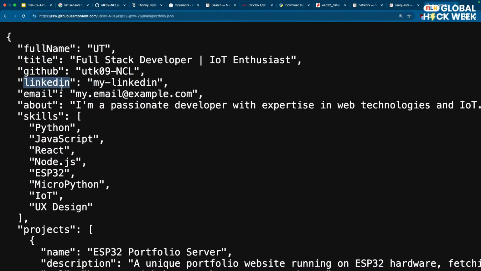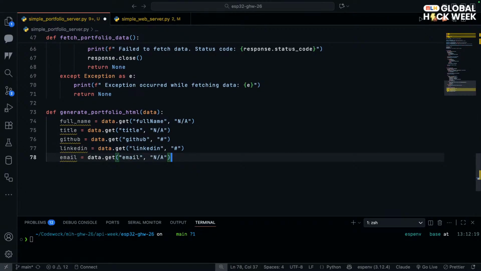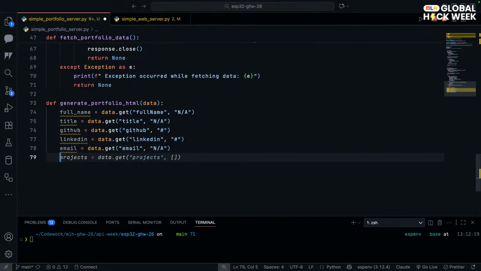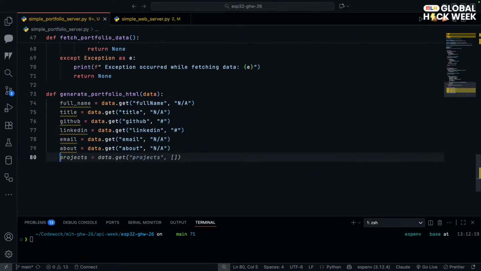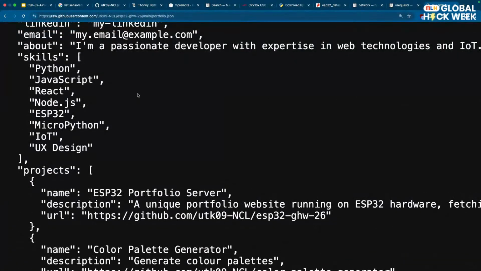We can get the LinkedIn, email, about, and then the projects, and we also had skills, projects, and